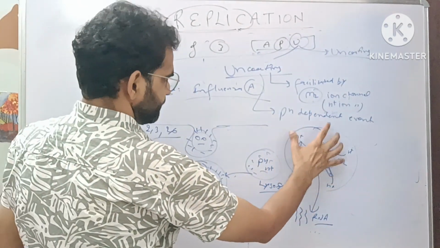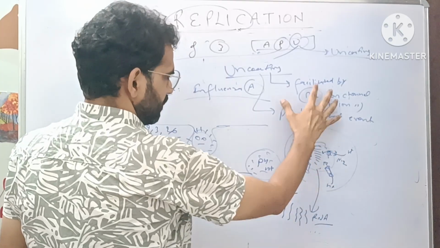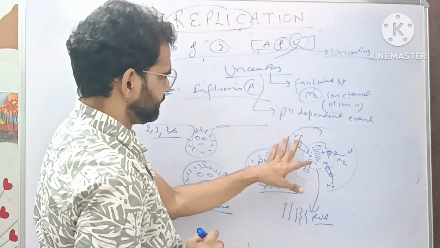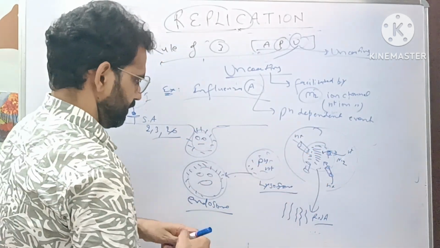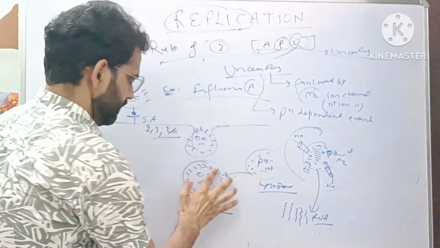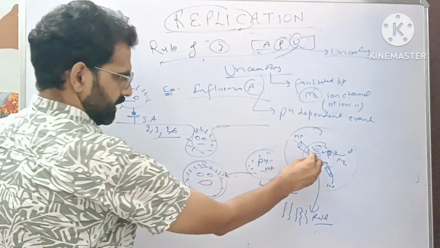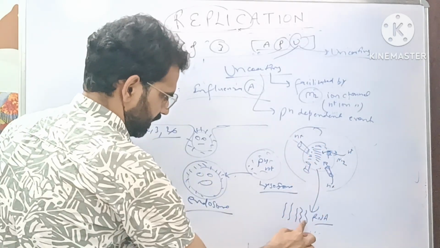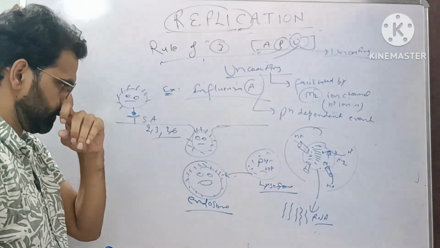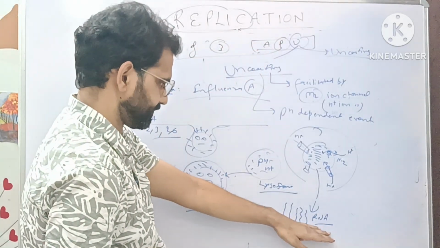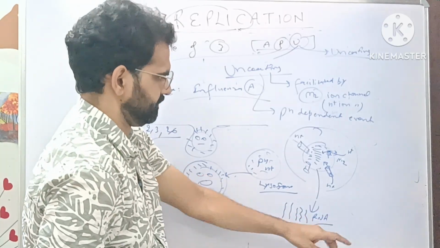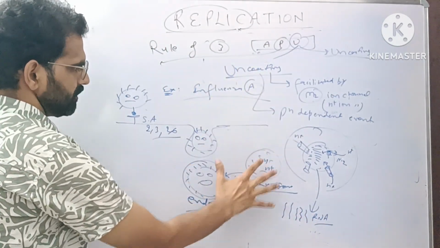So uncoating is facilitated, with the main role played by the M2 ion channel, and it is a pH dependent event. So the pH provided by the lysosome, and H ions enter into the interior of the virus, and disruption occurs, and RNA comes out. This RNA will enter further into the central dogma, that is replication, transcription and translation. So this is the uncoating of the